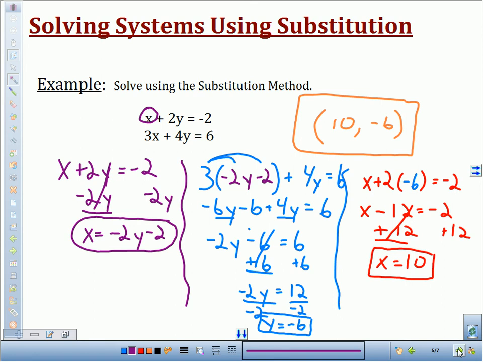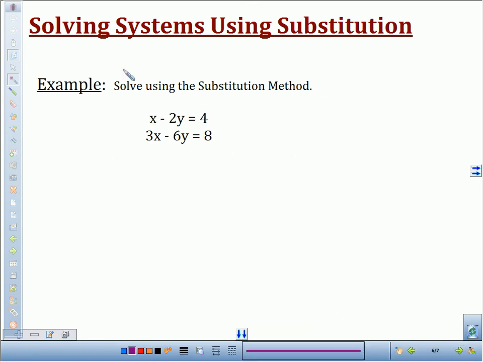Alright, we're going to do a couple more examples. These are exceptions to the rule. Now, we saw before, when we were graphing systems of equations, that we could either have a system that has exactly one solution, we could have equations where 2 lines sit directly on top of each other, or we could have a situation where the 2 equations didn't touch at all. The 2 lines were parallel. And we're going to see how that looks